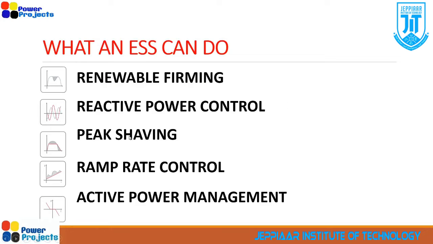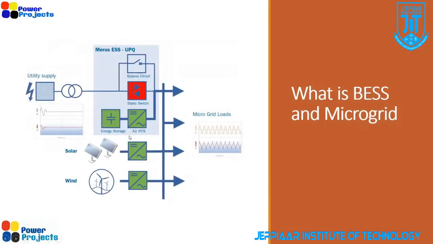It can do peak saving. What is peak saving? Let me go back to the previous slide. Assume that the utility has a different tariff, maybe one tariff for normal hours and another for peak hours. For example, 5 rupees for normal hours and 10 rupees for evening peak hours, that is from 6 to 9 in the evening. Then this battery energy storage system can store energy at the lower tariff, and whenever the peak tariff comes in, it can feed the power so that it reduces the demand from the utility.